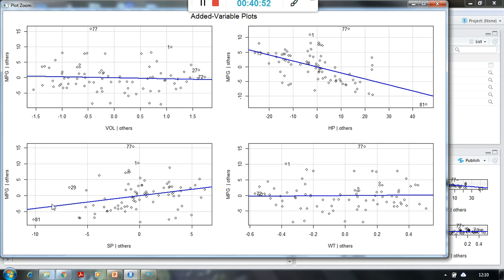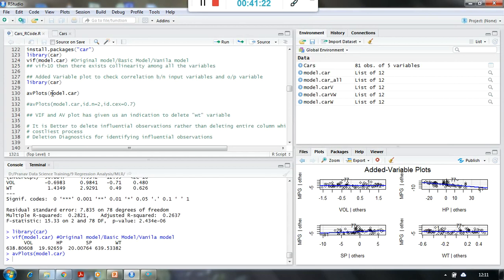Then we can say that they are having a very good correlation between each other, right? So HP is contributing, SP is contributing. There is a problem with volume and weight, but when we are talking about the least contributor, you can see a small gap over here, which means that there is at least a slope between volume and MPG. But for weight and MPG, the slope is the minimum among the four. Okay, so this is again reconfirmation that the weight is a culprit over here.